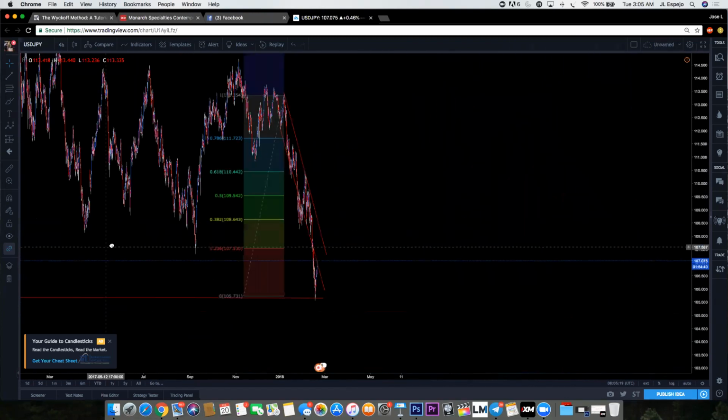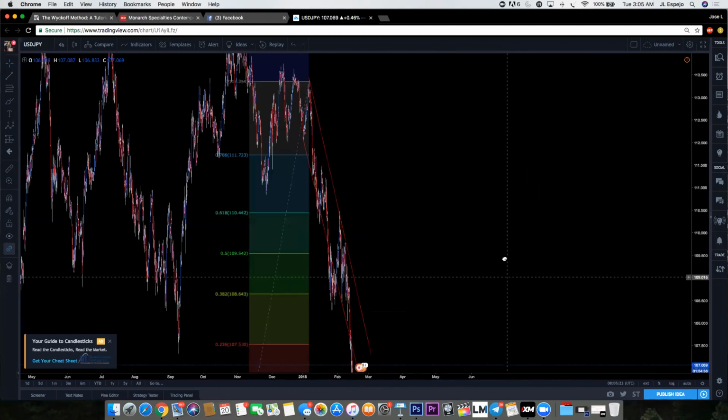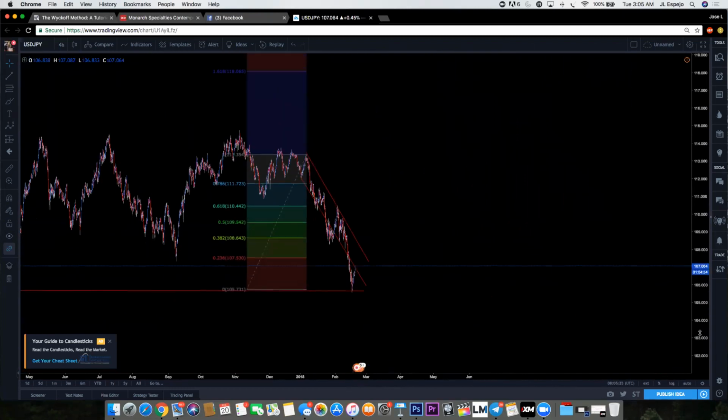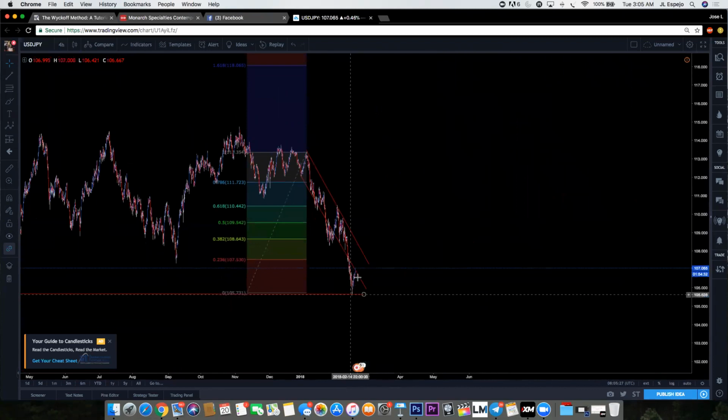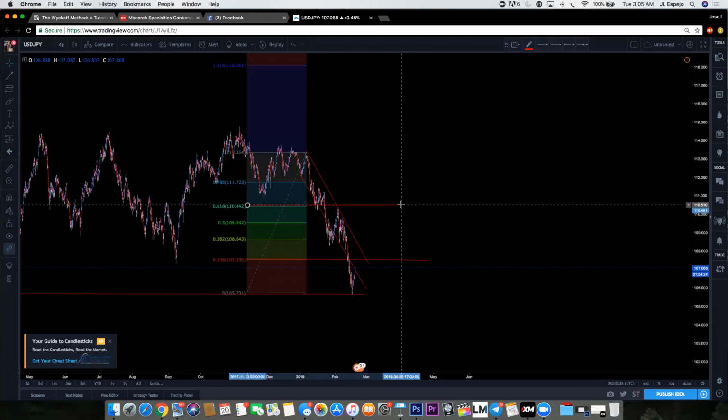I'm looking for the Fibonacci's here, right? So here, in this case, I now know that in the past, this area that the market bounced off of is a strong support. So if I start drawing out my lines here, and I start tying in everything that we've learned so far,